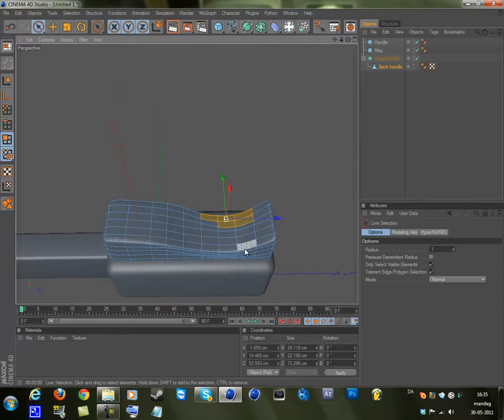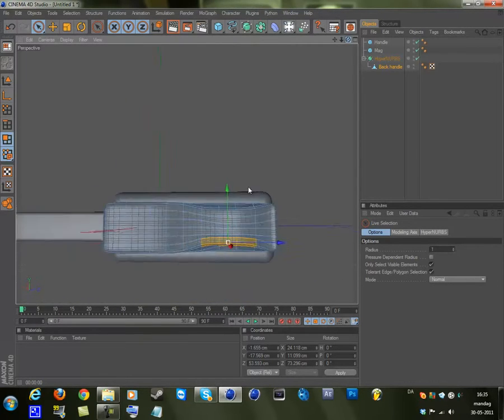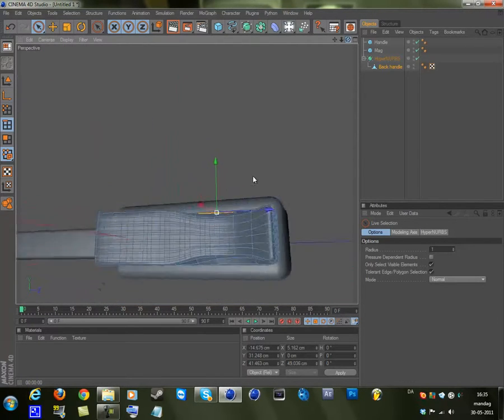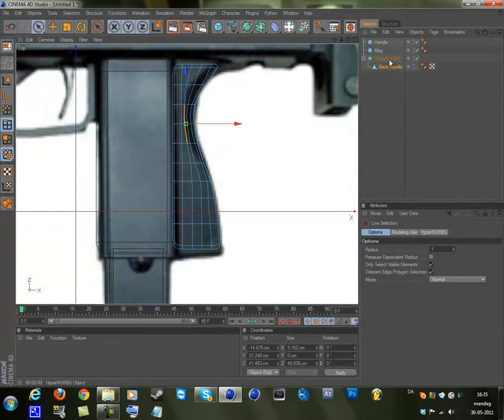It doesn't have to be completely symmetric, just roughly, so you can see that it's not like a rounded one. If it doesn't look as good as mine, then I'm just lucky. Selecting these lines and pulling them down a little. Okay, so as you can see now, we got our nice handle here, and it's working out pretty well.